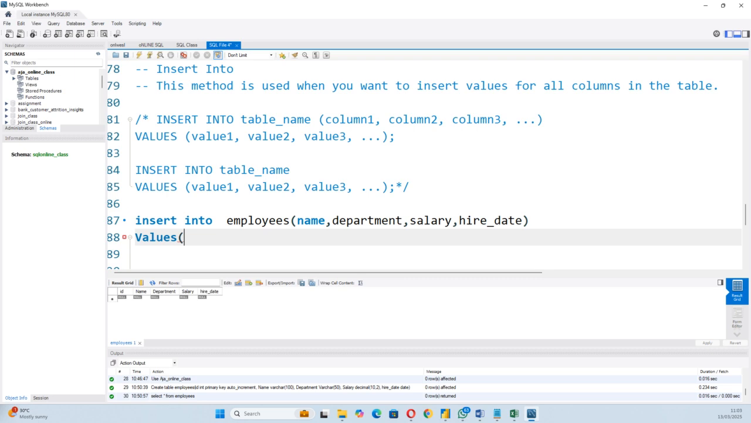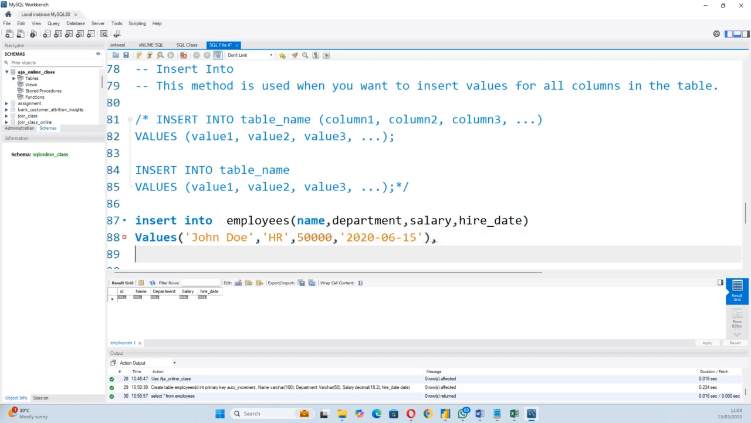These are 5. So let's start with one. John, his department, HR. The salary, 50,000. When you put a date, you quote the date. If you're inserting a date, you need to quote it. 2020, then 06, with hyphens. So this is the first record. Don't run it like this. You start another one, comma,